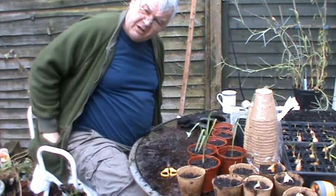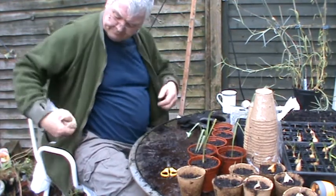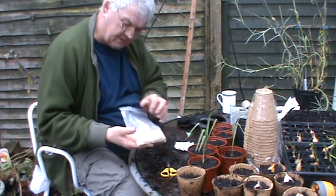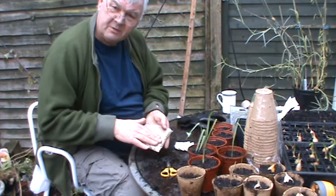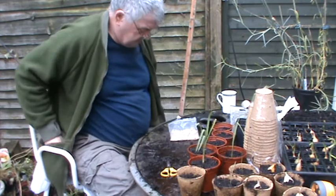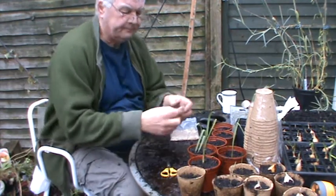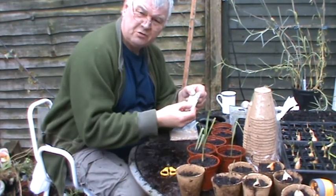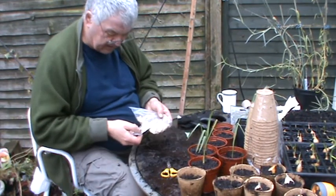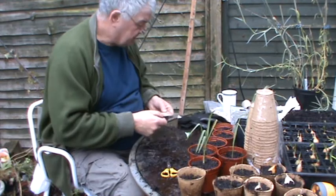Now we've got a couple of varieties of peas. These are our peas from last year we've saved, and these are alderman, so they're a really early pea. And these are some I bought. These are pea early frosty, so they're another early pea. Bit different size than that one, but we'll see. Now obviously